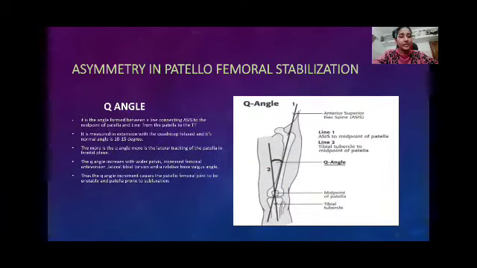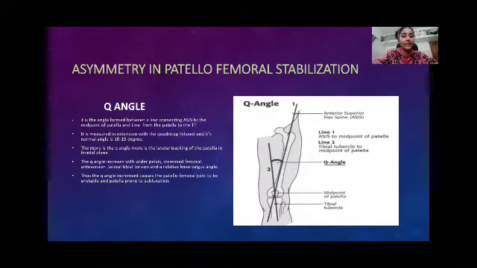The Q angle increases with a wider pelvis, increased femoral anteversion, lateral tibial torsion, and a relative knee valgus. So in any case where the tibial tuberosity is more lateral, or the proximal femoral surface is more medial, and the tibia is more lateral, then the angle will keep increasing. When the angle increases, the patella will be more prone to maltracking and subluxation.